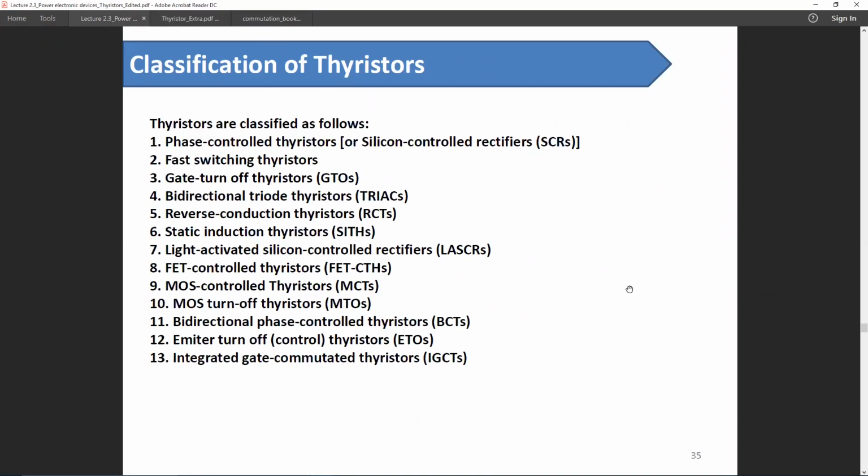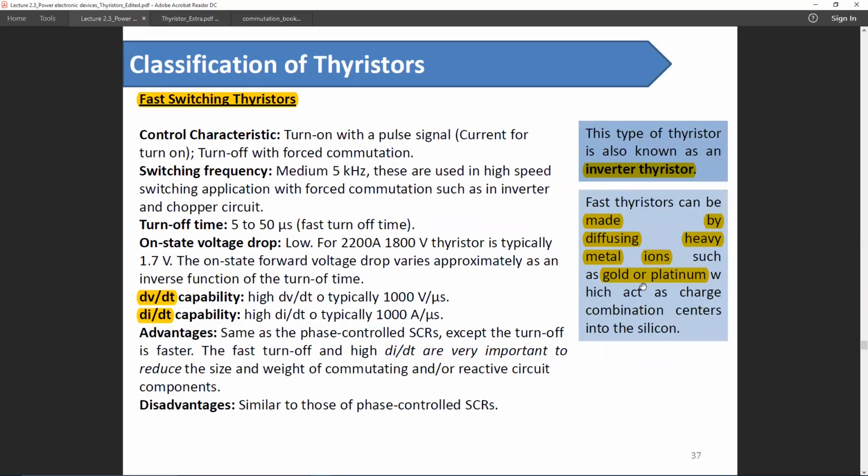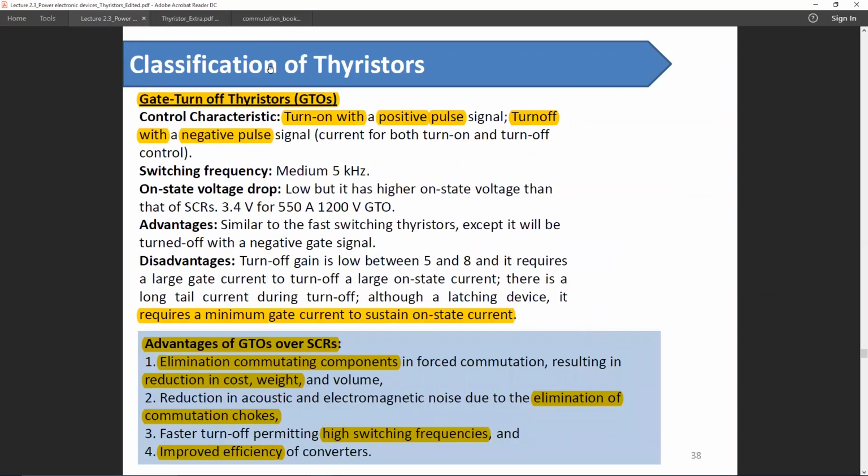so there are different types of thyristors, but we are only interested in some of these, namely the GTO, the gate turn off thyristor. What are the advantages of a gate turn off thyristor? It turns off if a negative pulse is provided in the gate. So it eliminates the need of a commutation circuit. Again, auxiliary elements like capacitor or inductor aren't required in this type of circuit.